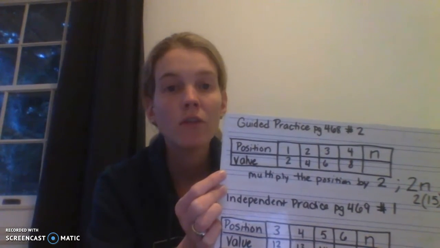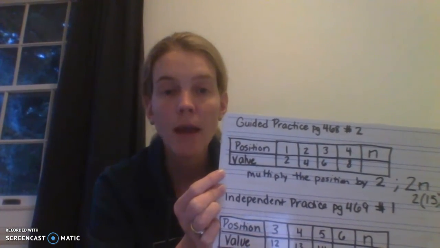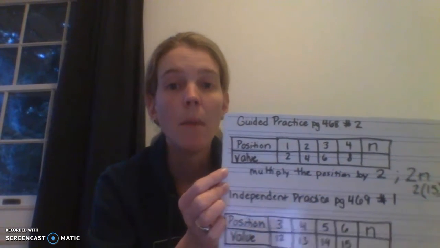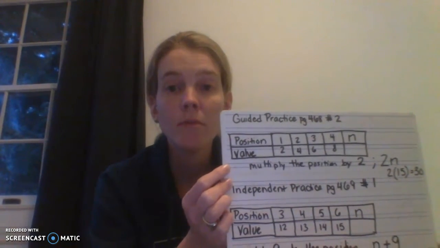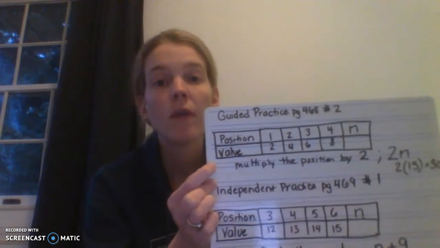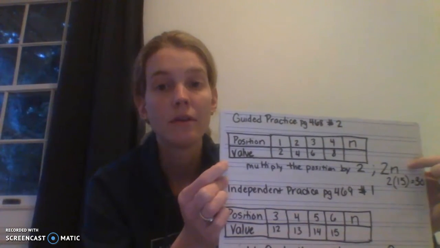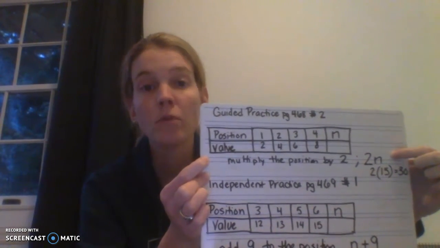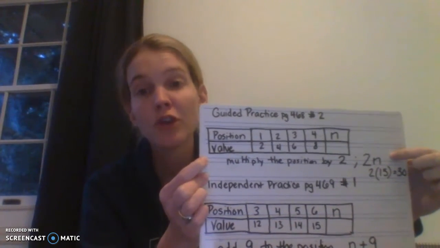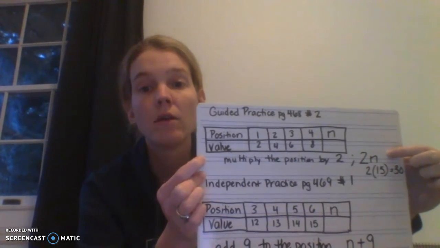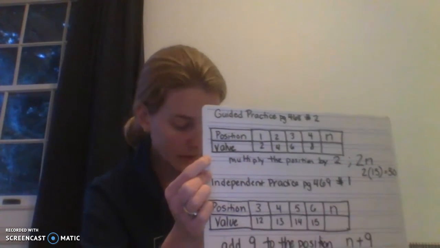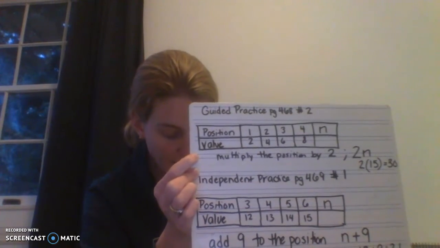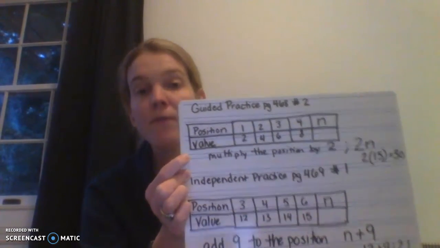So when the question asks use words or symbols to describe, you can write down multiply the position by 2, and then you can also write 2n. Okay, 2 times n. That means multiply the position times 2. 2 times n. Okay? The question also asks on guided practice, it says, then find the value of the 15th